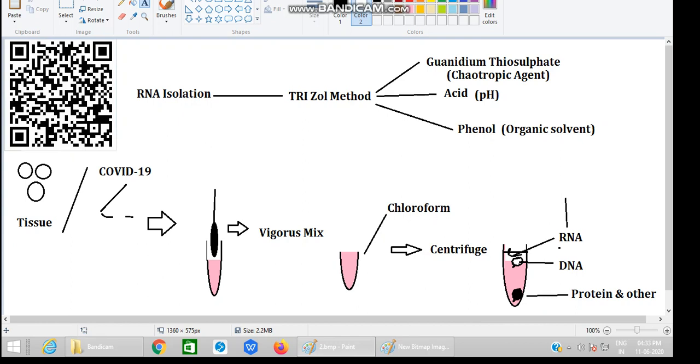After finding the RNA, you will treat it with diethyl pyrocarbonate water, then you will go for RT-PCR. Diethyl pyrocarbonate water is a water which will remove whatever RNase, if any RNase is there. Then finally you will purify the RNA and go for RT-PCR, real time PCR, or you can also call it reverse transcriptase PCR. Reverse transcriptase PCR, RT-PCR, we will discuss a little later.